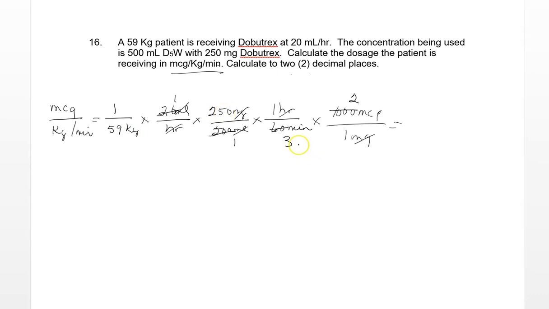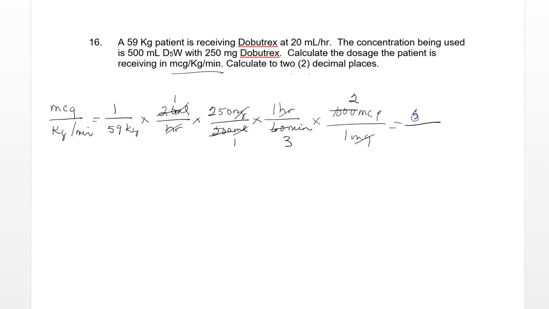So, but will 3 go into 250 evenly? I don't think so, but clear 3. No, it won't. No, it won't. So we end up with